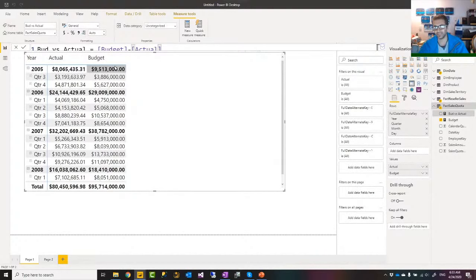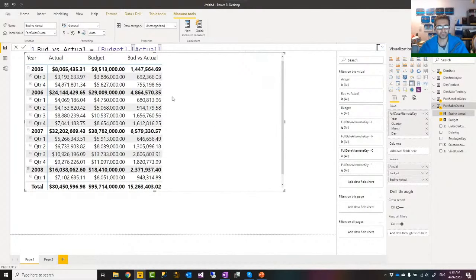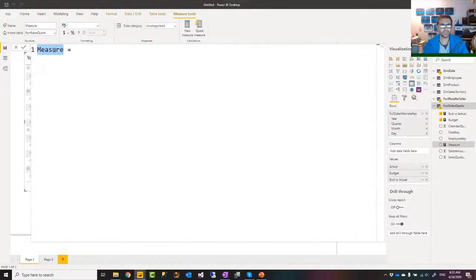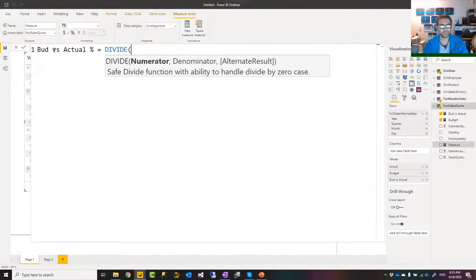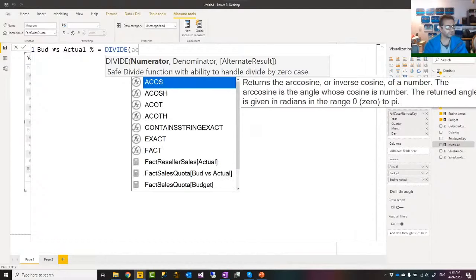So this would be the variance, the budget versus actual. I can bring it here. It shows me how much of the budget we are or something like that. And I can also do a percentage. So that would be another measure. I can say this one is budget versus actual percentage, and that would be basically a divide of actual